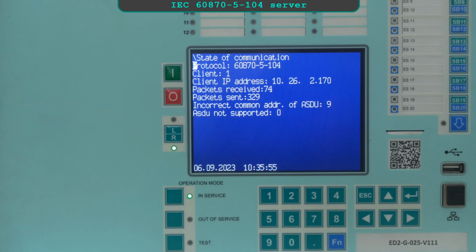ASDU. If the data transmission over this protocol is correct, the values of packets received and packets sent counters will change. If these counters are not changing, it means that the connection via Ethernet interface between the IED and external device is not available. The fixing of this error was described earlier in the diagnostics of data transmission over Modbus